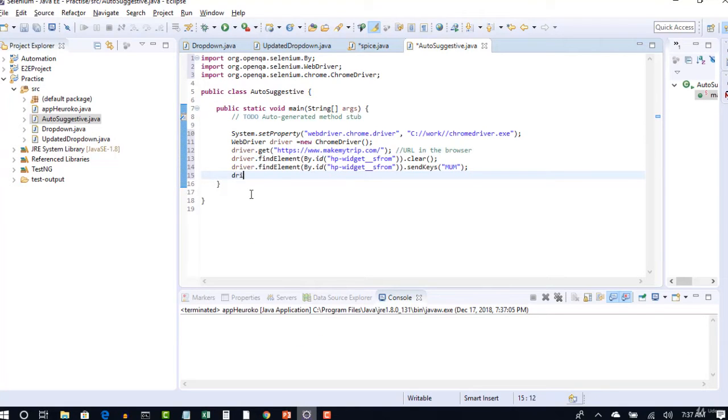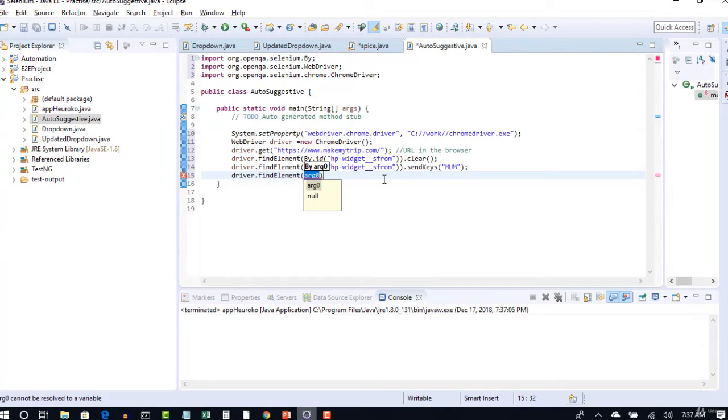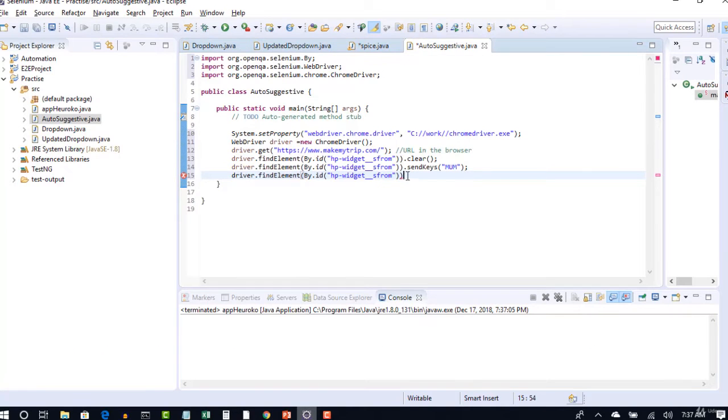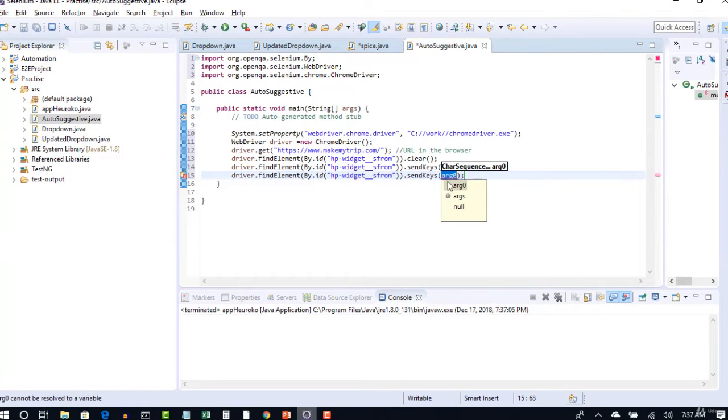So driver dot find element, where we are hitting the enter, we are hitting that enter on this edit box only, right? So you again have to give that edit box ID dot send keys. This time you don't want to type anything, you want to type enter button.